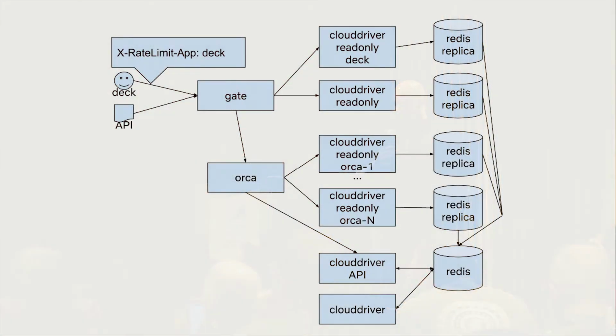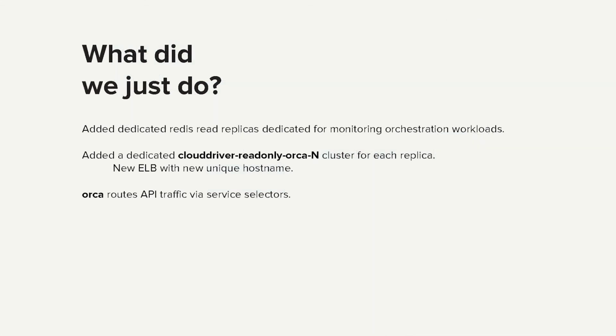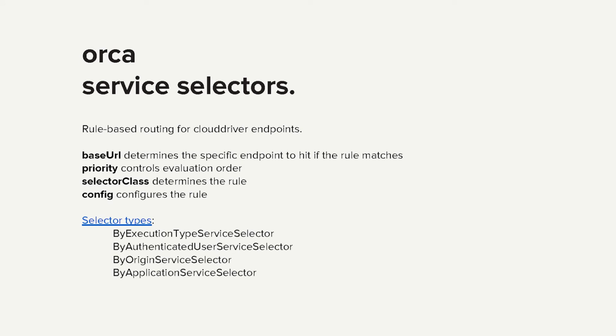So now what we can do is add more replicas, because that's what we do. So here we can add any number of replicas that are dedicated to Orca traffic. And each of those is set up the standard way. They've got a cluster, they've got a hostname and ELB. And we use what's called a service selector in Orca in order to figure out which one of those clusters